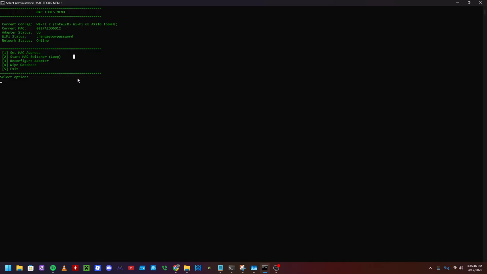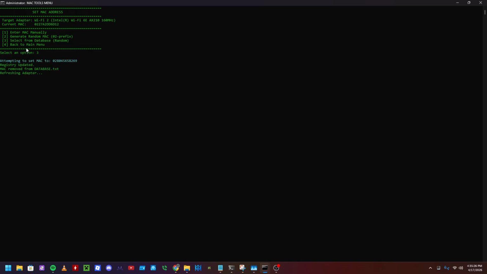So if your computer gets blocked, you can go to set MAC address and click 3 to select randomly from the database. So when I change to this, my parents won't get a notification that this is a new device, because this has already been registered on the network, and it'll change your MAC address to this. And then yeah, that's pretty much it. I don't think I missed anything. Yeah. Anyways,